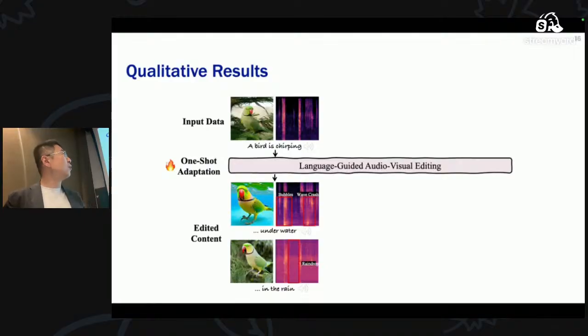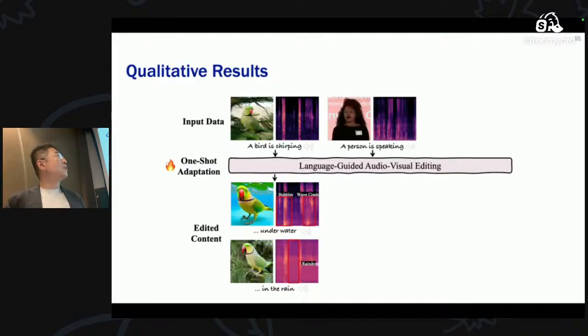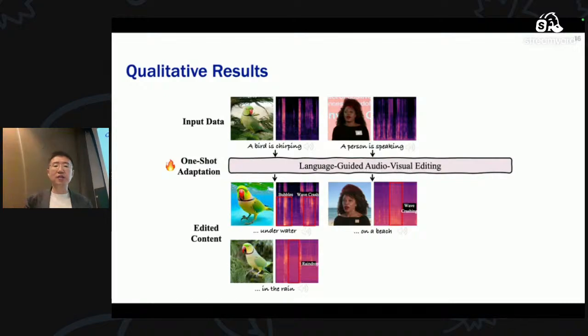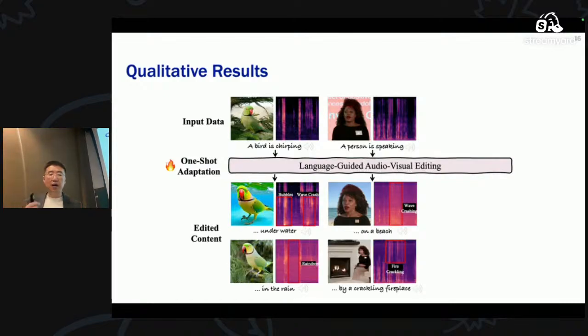So this is the first example I have shown you. Now this is a person speaking, and we say this person is speaking on a beach or by a crackling fireplace. And we want to preserve the visual and acoustic properties of this person. Okay,